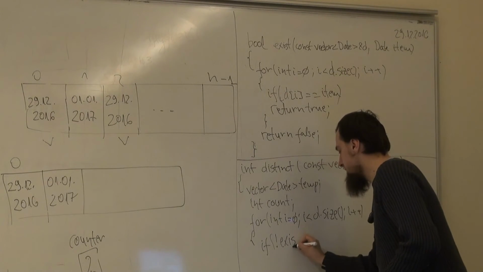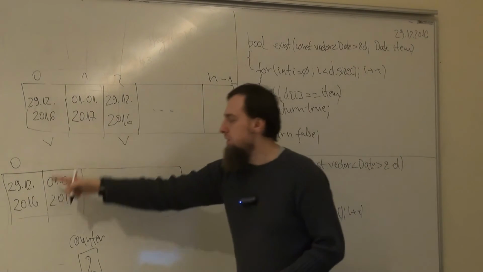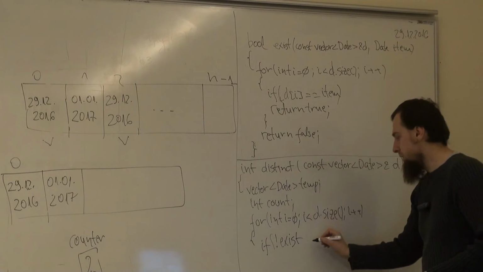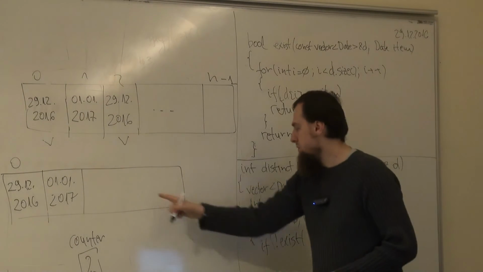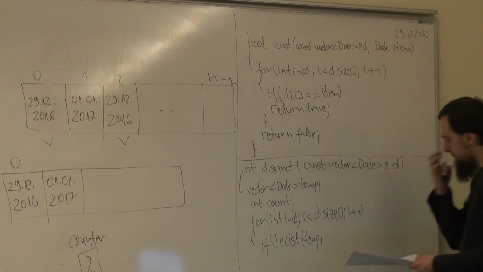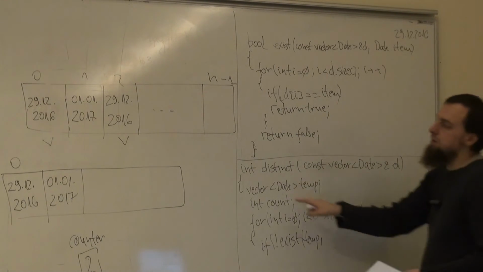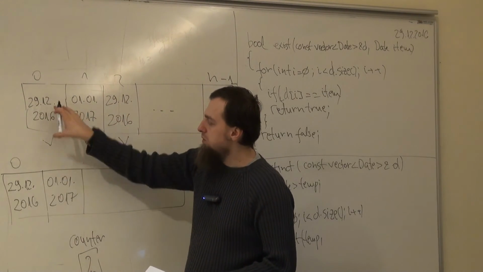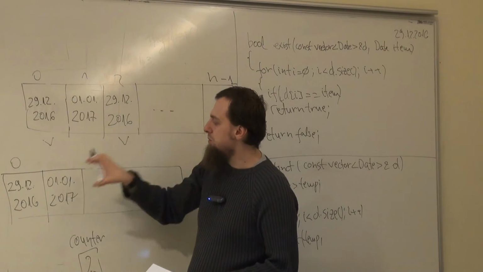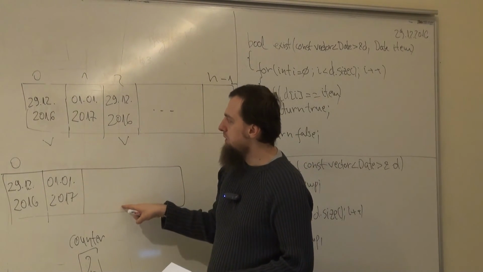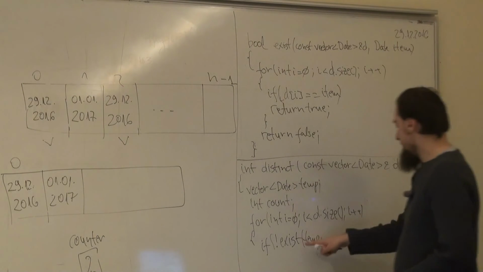And I'm calling exist. If a certain date does not exist, then put it there. So exist of what? Of this temporary vector here, which was initially empty, and the concrete index. So I take this one. Does it exist here? No. Put it there. This one, does it exist? No. Put it there and increment the counter. Take this one. Does it exist here? Well, it exists. Don't do anything. Okay? If it does not exist,